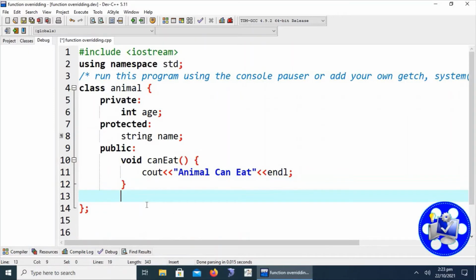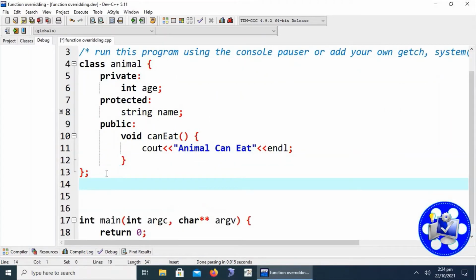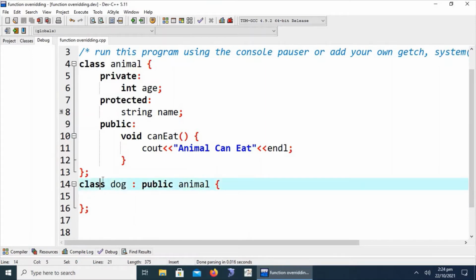Now we have to create a child class named, let's suppose, horse or dog. We have to specify the relationship here with the inheritance specifier. Notice this line.